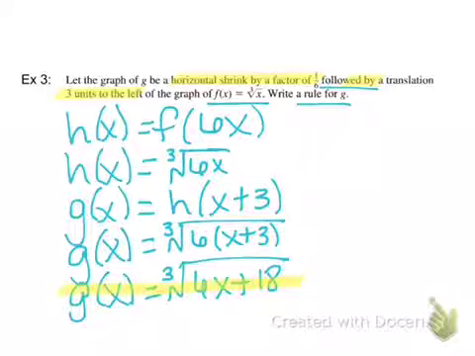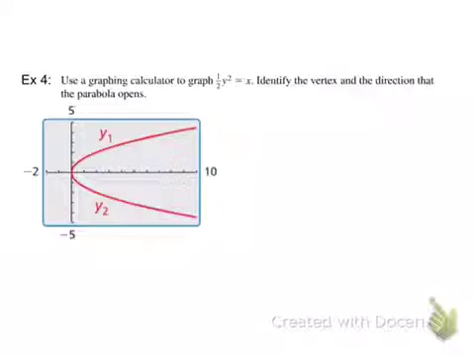Okay, so moving on. Example 4. Use a graphing calculator to graph 1/2 y squared equals x and identify the vertex and the direction that the parabola opens. So we're graphing that in the calculator. To graph this in the calculator, erase that so you can see, but if I'm graphing that right there in the calculator, then I have to,